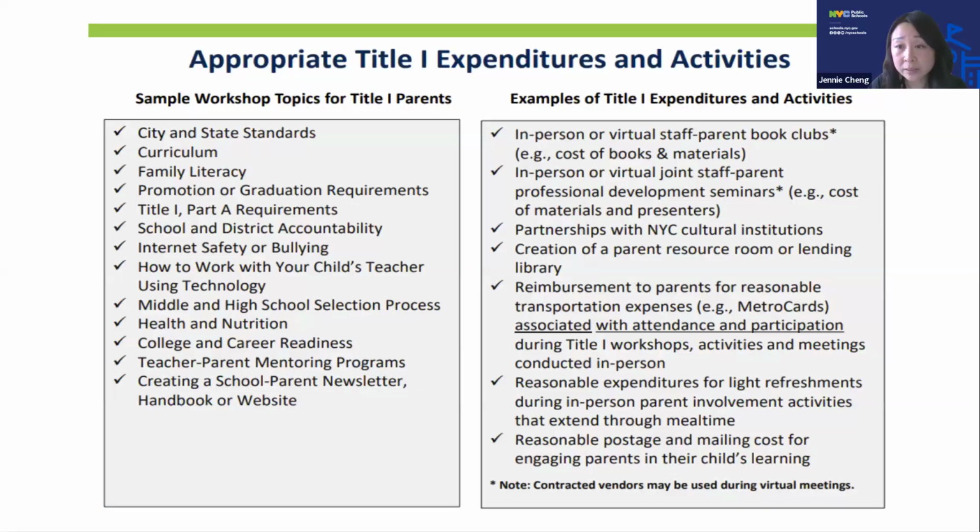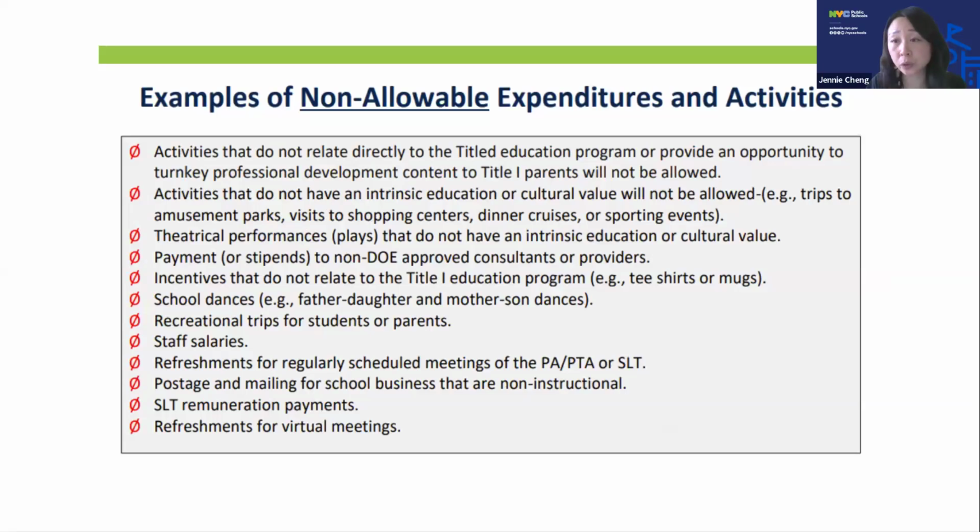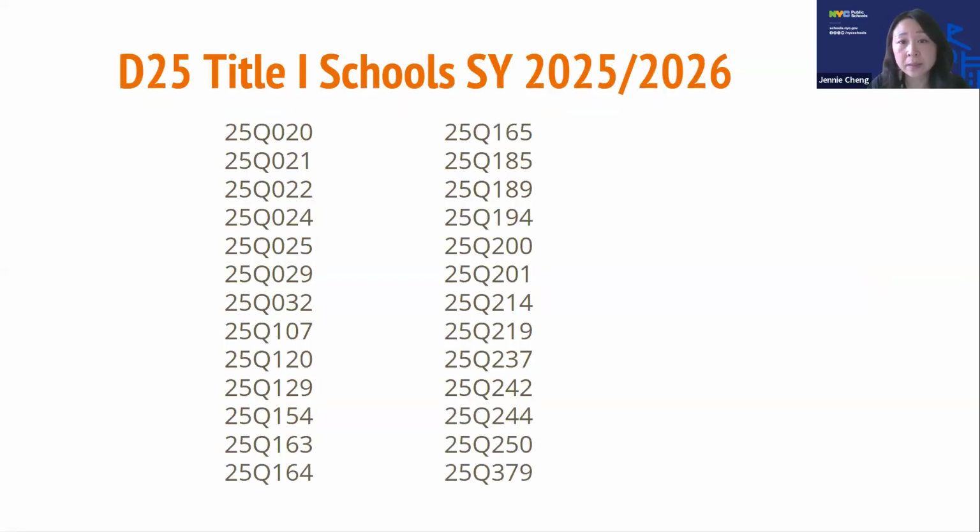Again, I will list the Title I funding expenditures, what the money can be spent on and what the money cannot be spent on. In case you are looking for this, I don't want you to go through all the slides to see where you can find it. In this case, we're just going to list them for every month. Title I schools: we have 26 Title I schools in total in District 25, out of 36 schools under the jurisdiction of Dr. Dantona.